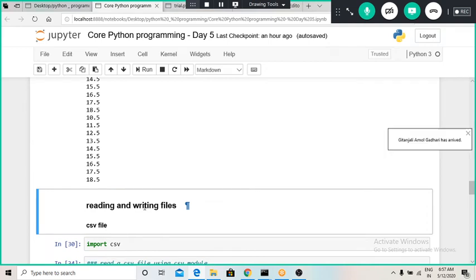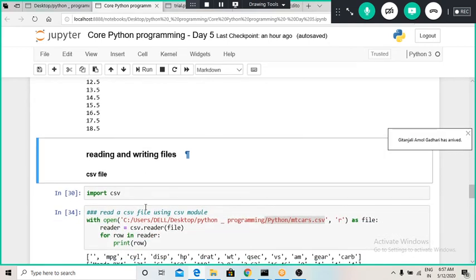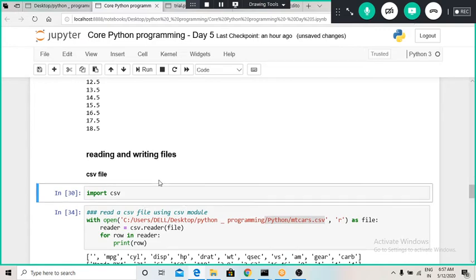particular error. So now we will see how to read and write files. For the first, the file type will be CSV file. There are many ways of reading and writing files. Why is reading and writing necessary? Whenever we want to work on a data frame, we have to make sure that we can import that data frame.